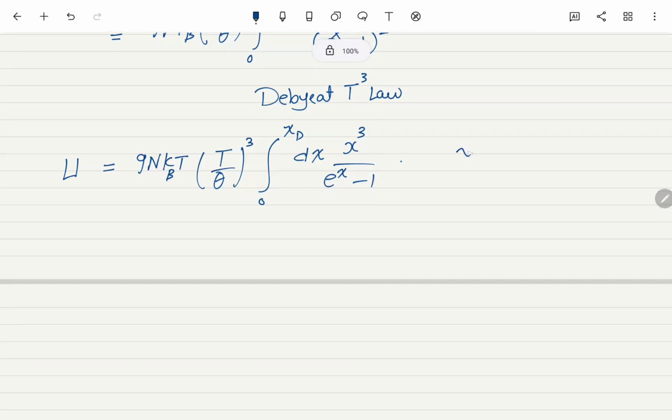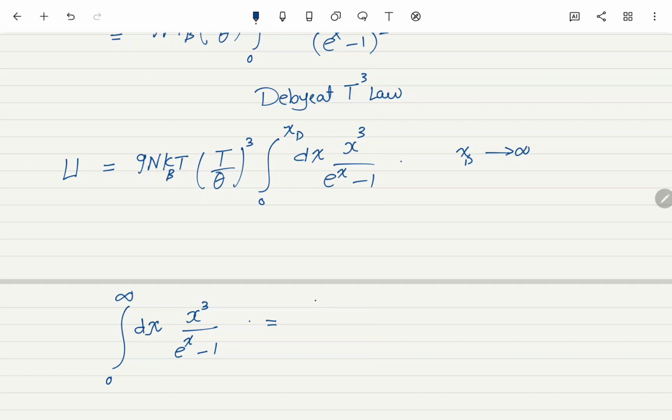So in this case, xD will go to infinity, and the integral will become integration from 0 to infinity dx x cube over e to x minus 1,